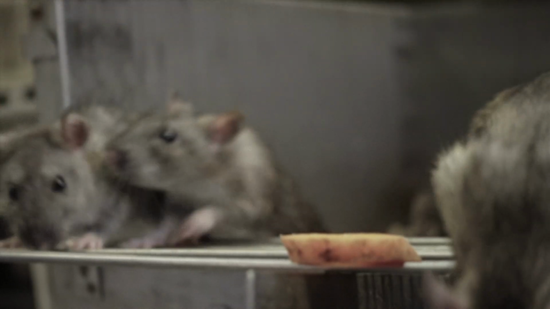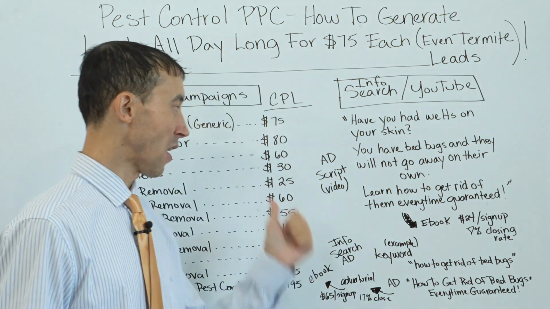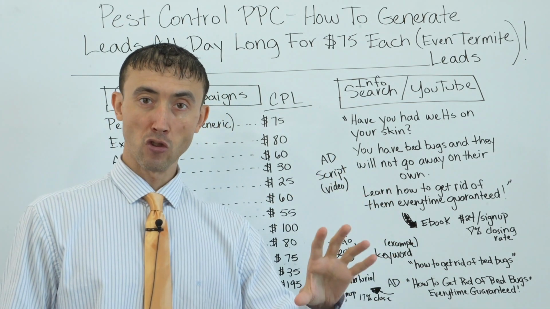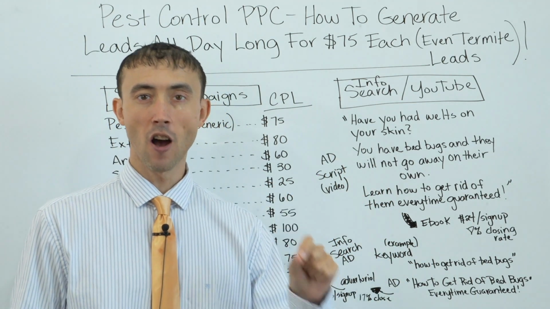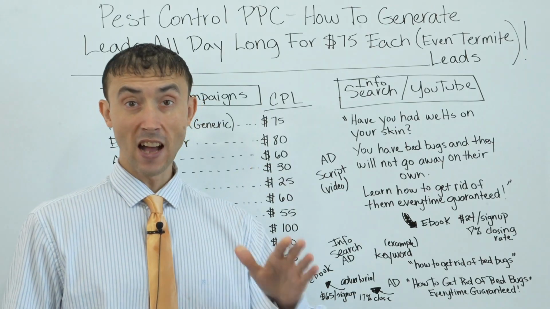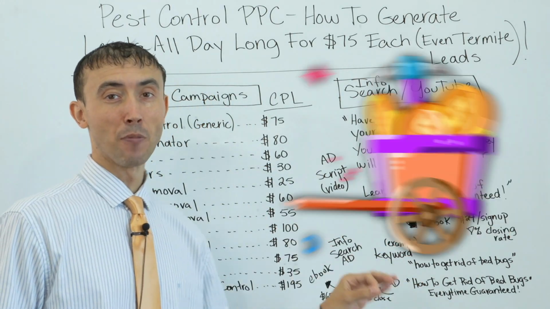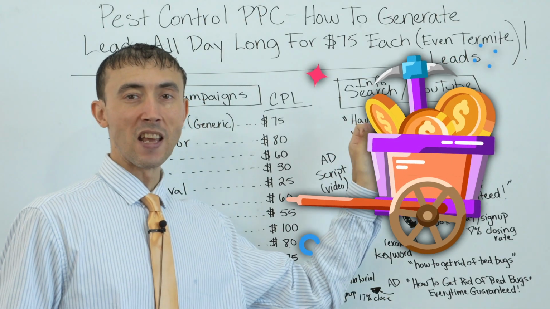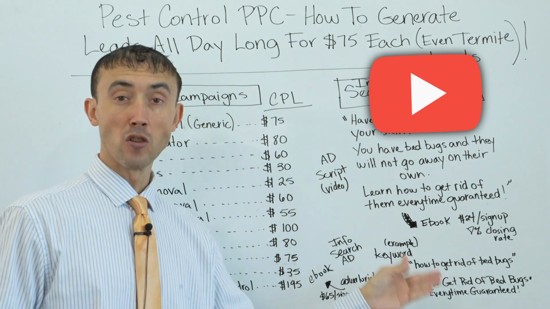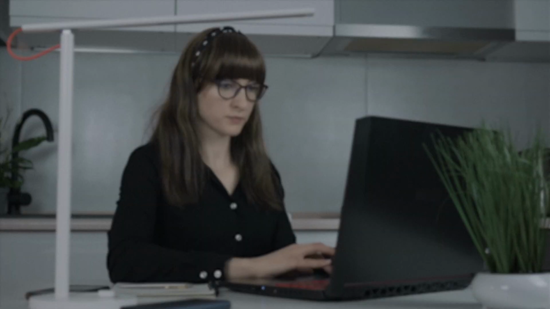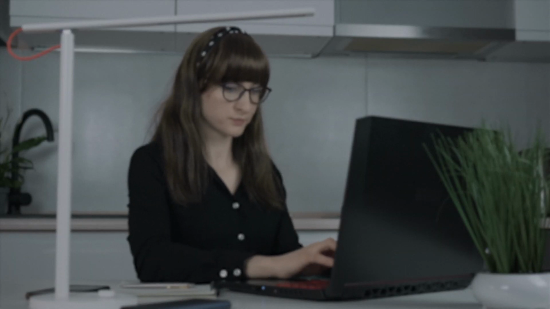Bee removal leads, wasp removal leads, mice removal leads, which are great, by the way. And I'm going to talk about not only how much you're going to pay for each lead, but how to replicate this exact cost per lead for yourself. And not just from the basics, Google ads, running ads on Google, doing this. Yes, that is absolutely a gold mine, but also running ads on YouTube, when people are looking for information, searching for how to get rid of bed bugs, how to get rid of mice, and then monetizing these people, which basically nobody else, as far as I know, on YouTube or elsewhere online,